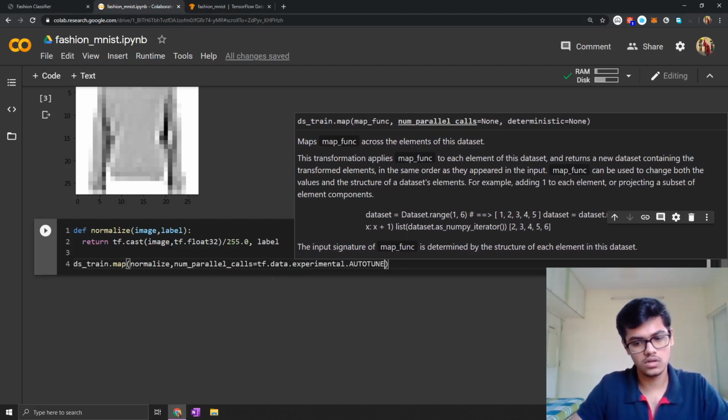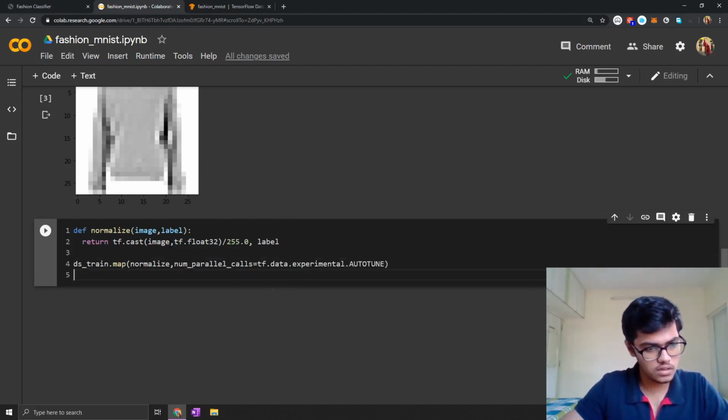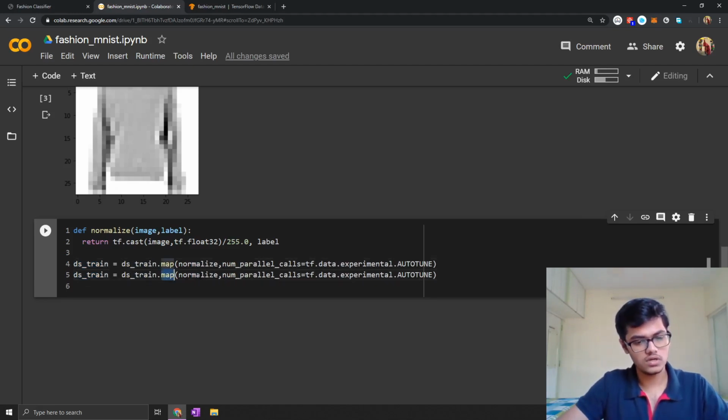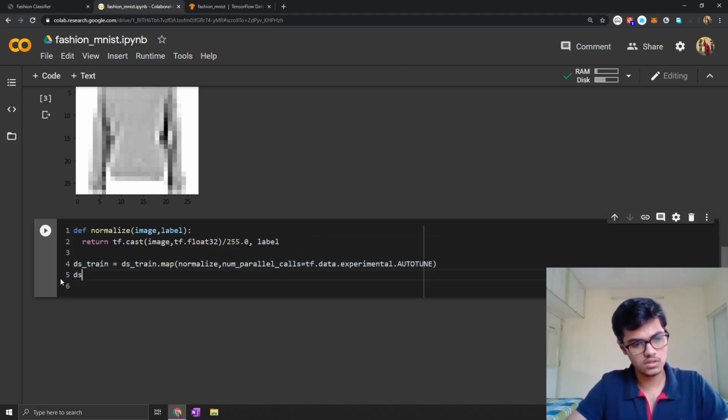Yes, AUTOTUNE. Okay, after that we will cache. Most of the properties that I use here are used for accelerating the training performance.